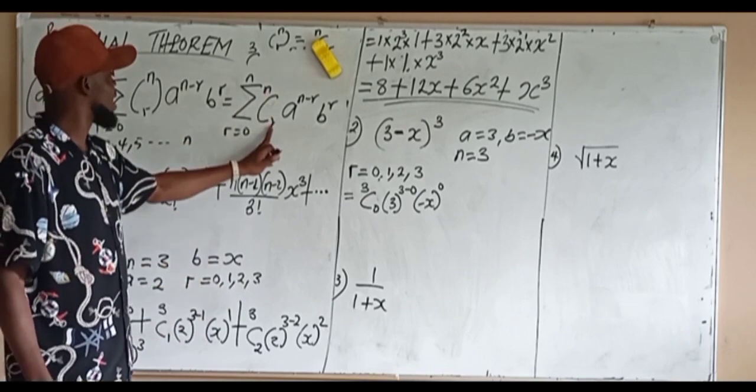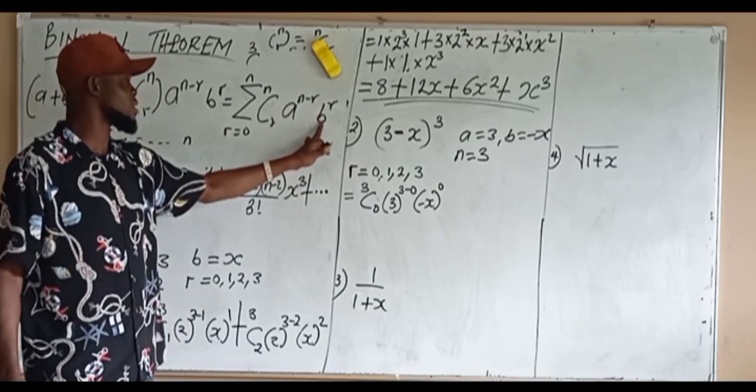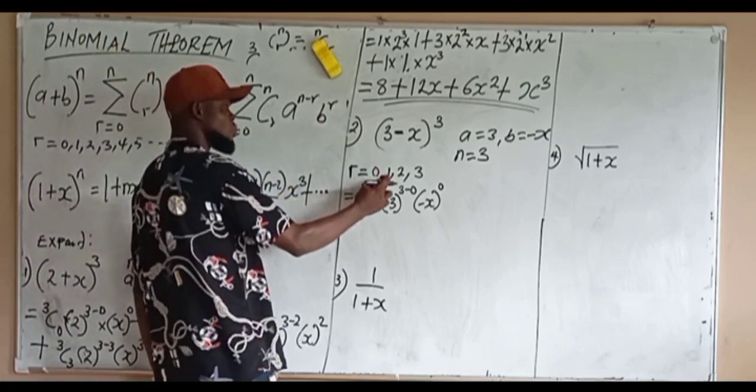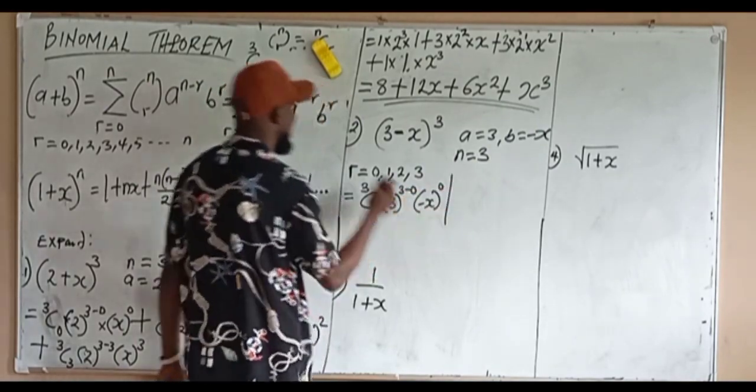So N is 3, arrow is 0, 0, 0 for the first. A is 3, B is minus x. Then go to the next line of arrow, which is 1. Then go to this place and put arrow as 1, 1, 1. Before you put arrow as 1, 1, this one is